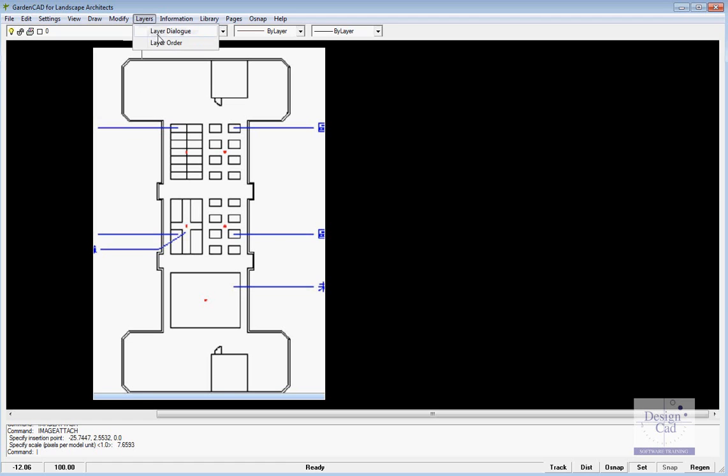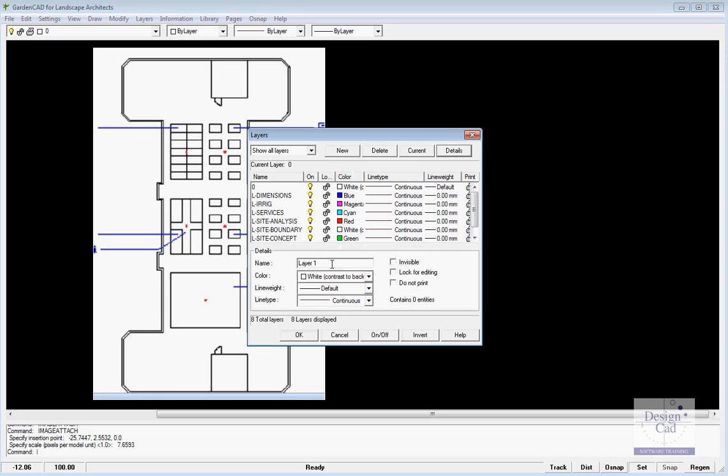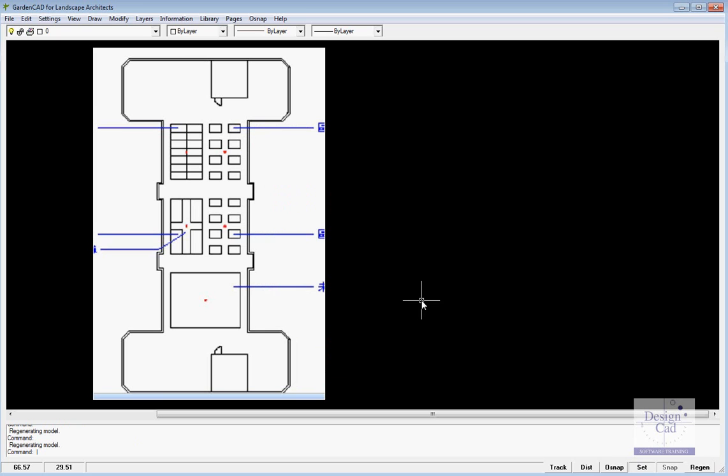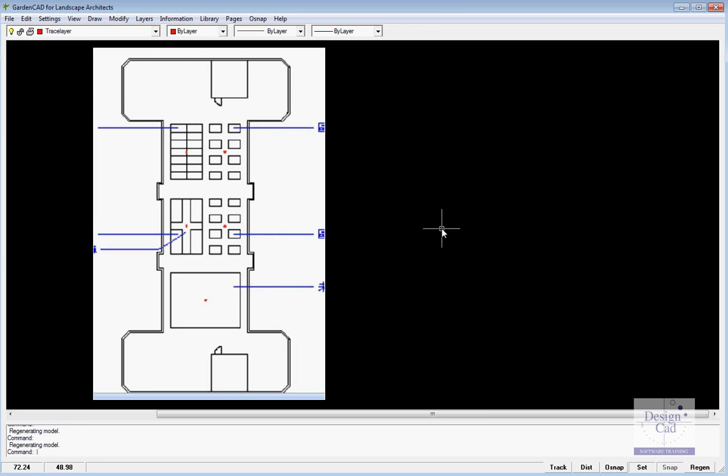Well, in my view, I would go to the layer dialog box, and there are already some layer names here, but I'd create a new name. It's currently called layer 1, so let's go into details and we'll call this our trace layer. I'd actually assign the color red to that layer because whatever I draw on that layer now will be red, so let's set trace layer as the current layer and we'll be able to see what we're drawing on top